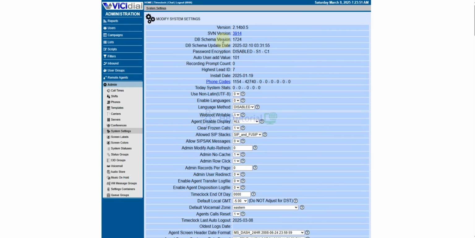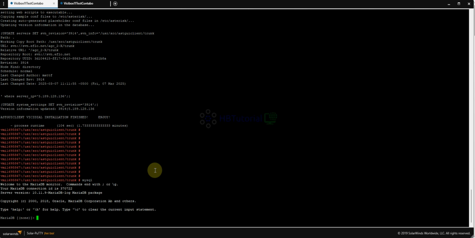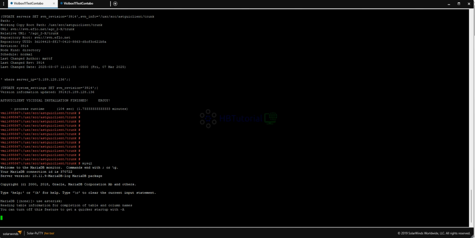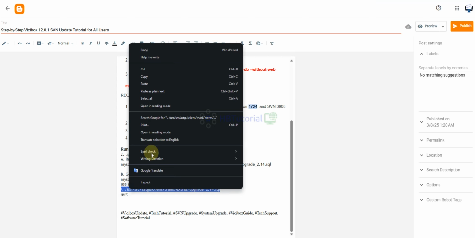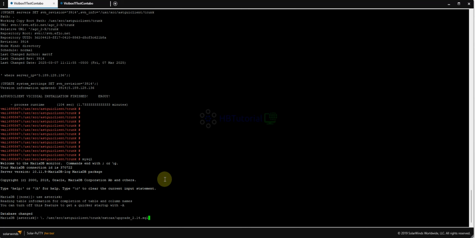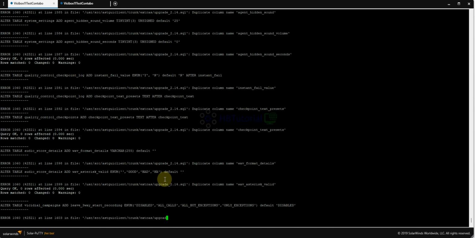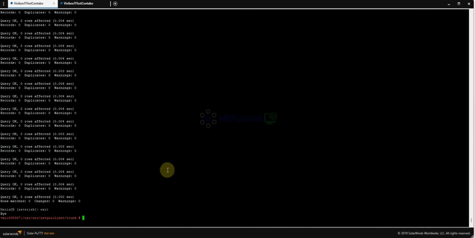If you have some DB schema error, you need to go to MySQL, use asterisk, and then run this command. And then exit.